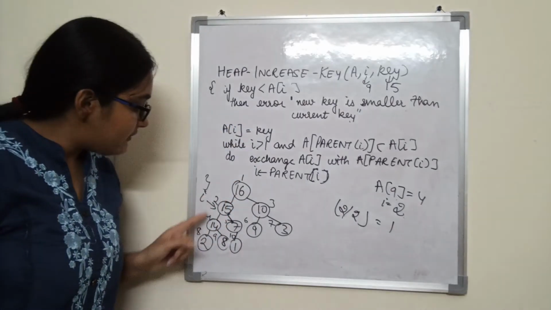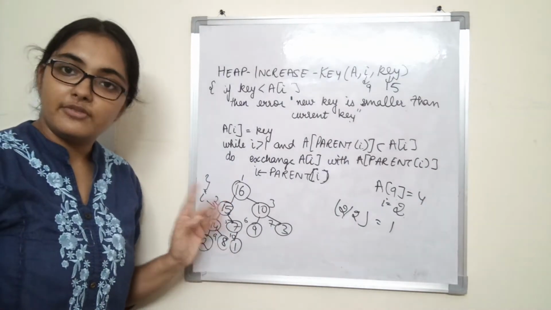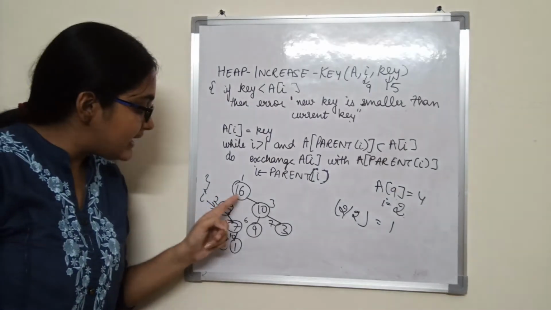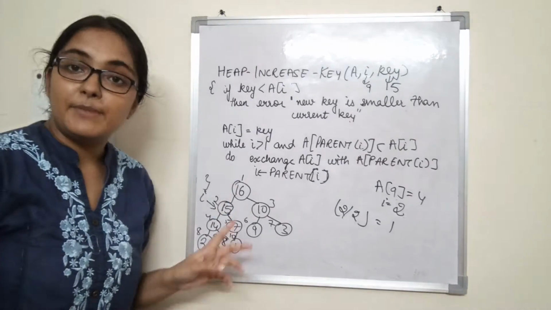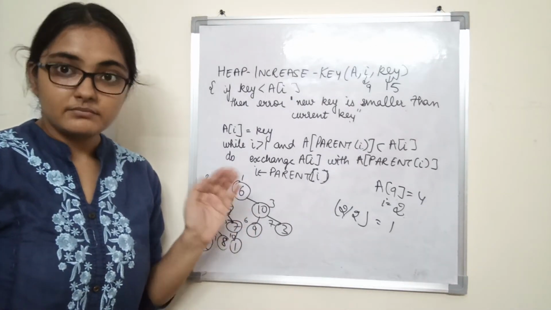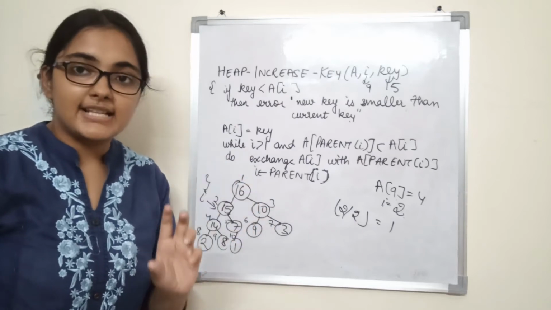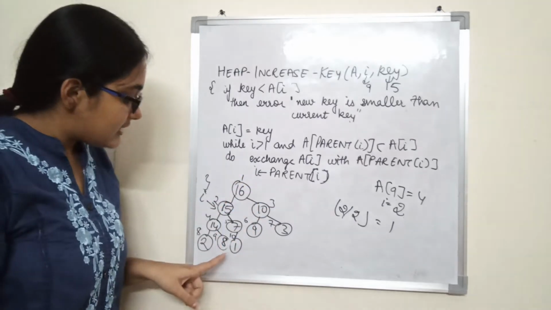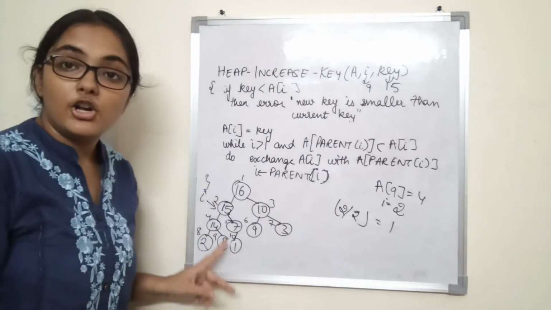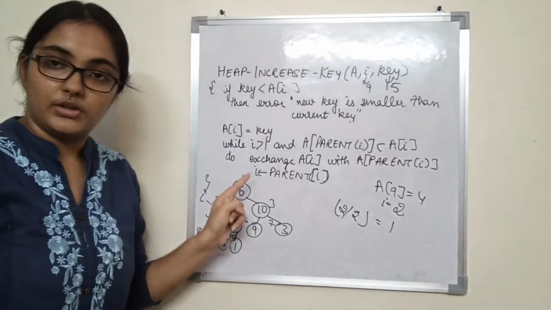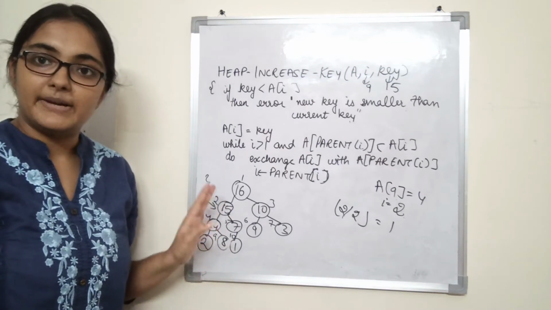So we stopped where? Here. For i equal to 2, we just stopped. Why? Because the parent value is bigger than the node's value. So we keep on checking until the parent's value becomes greater than the child's value, alright? And whenever the parent's value is smaller than the child's value, we just exchange it, right? So we traverse the tree from the newly inserted node or newly increased node to the root, right? And wherever we find a suitable position, we insert the element at that position.